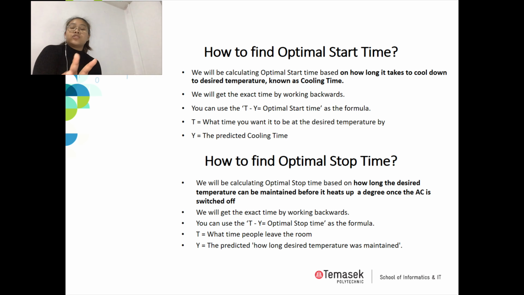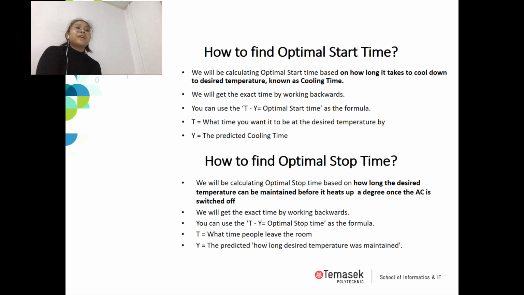So these are the two main things that you have to know, and this is how I decided to calculate the optimal start and optimal stop time. For optimal start time, we will be calculating it based on how long it takes to cool down the room to the desired temperature, which is known as the cooling time. And we will be using this formula, T minus Y equals optimal start time, and using that formula to work backwards to get the specific optimal start time. T being what time you want it to be at the desired temperature by, and Y being the